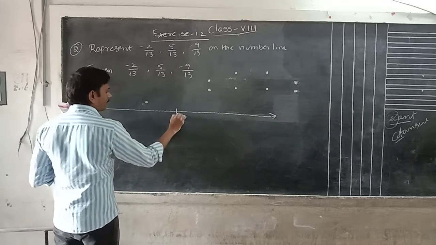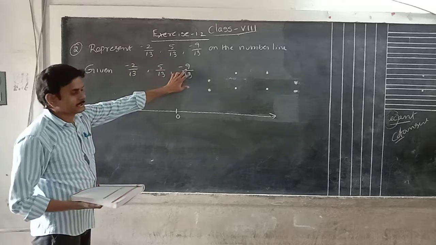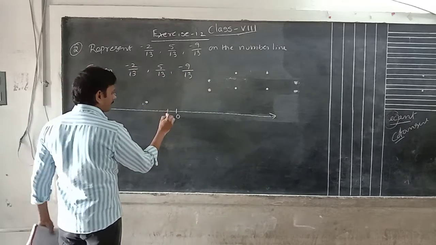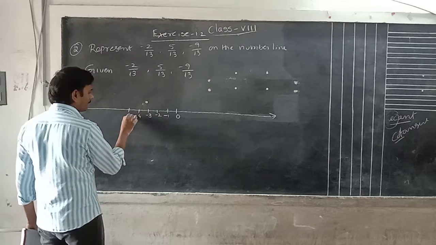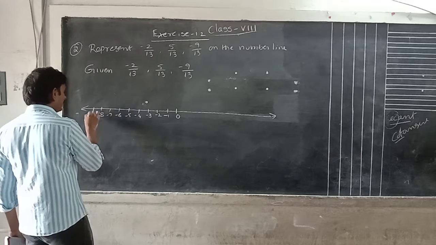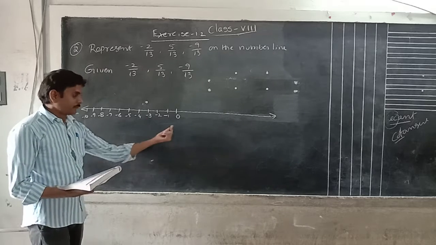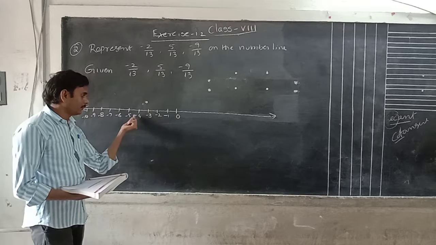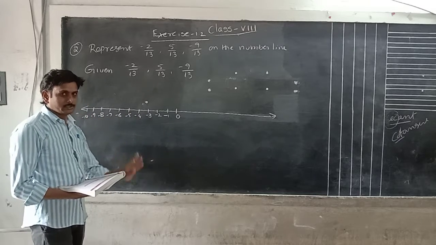In one place you have to write 0. For the minus numbers, up to which one do you have to write? -2, -9. Up to -9 you have to cover. So on the left side of the number: -1, -2, -3, -4, -5, -6, -7, -8, -9, -10. While writing the left side numbers, we have to write the minus numbers in increasing order only. 1, 2, 3, 4, 5, 6, 7, I am writing like that. Don't write in reverse. That is a mistake.